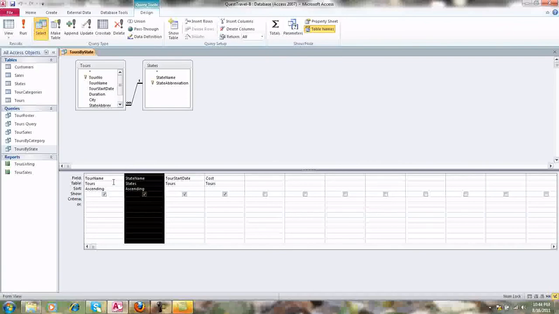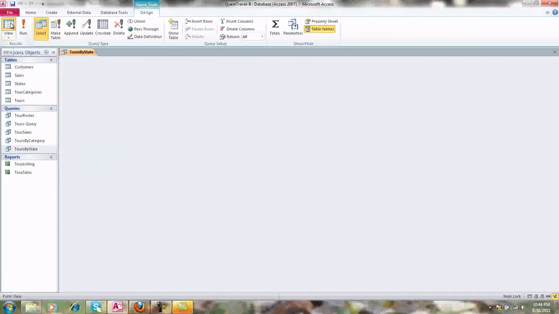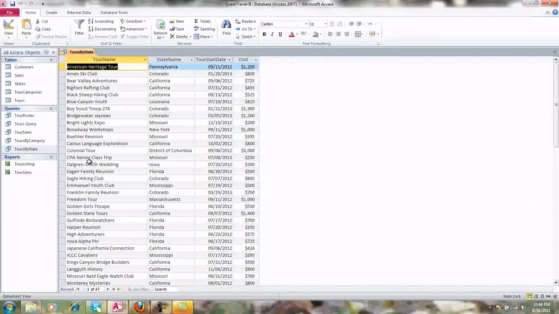So now, instead of seeing my state name, then my tour name, I would see my tour name and then my state name. So if I go back and I view it in the datasheet view, you can now see that you've got your tour name, then your state name, then your tour start date. If I go back to design view,